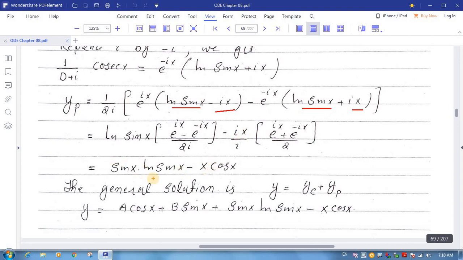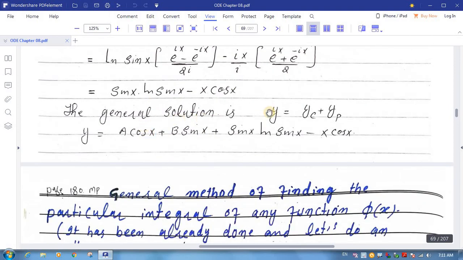So this is yp. The general solution is y equal to yc plus yp. Putting the value of yc as these two terms, and the value of yp as these two terms, this is the required complete solution of